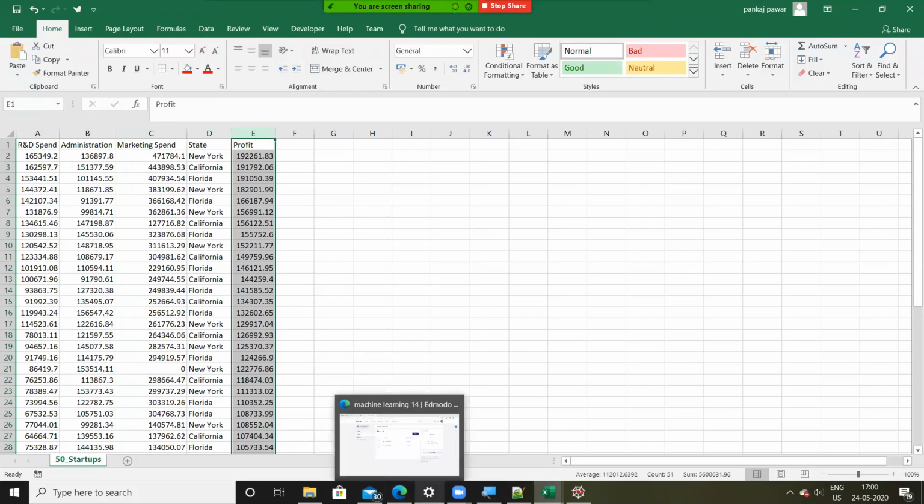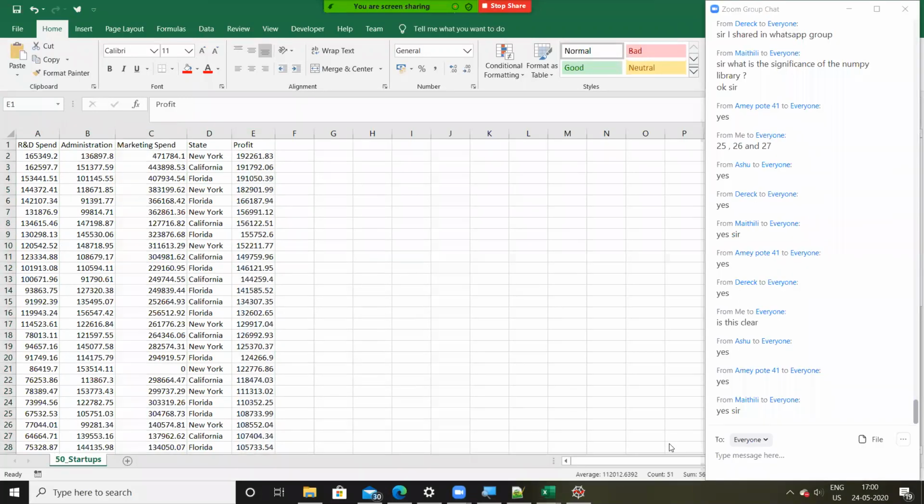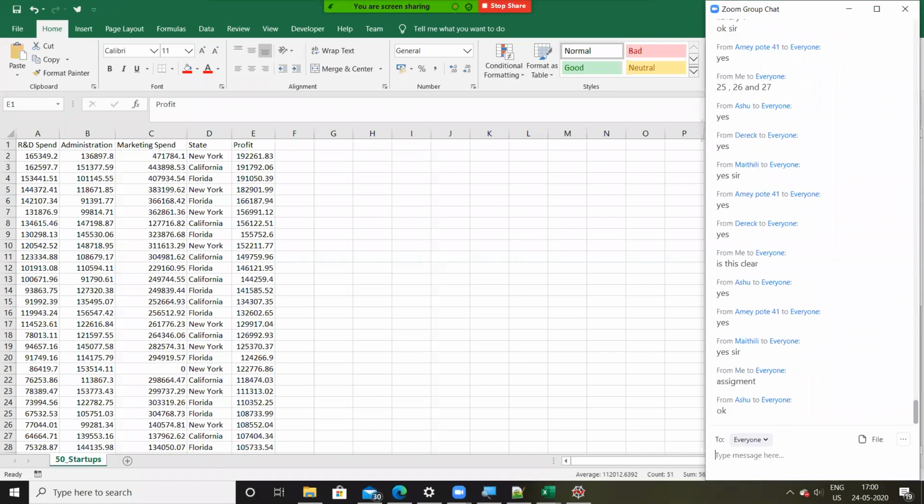Is the assignment clear, guys? You are going to perform SLR: the first assignment is between R&D and profit, the second between administration and profit, and the third between marketing and profit. And you will try to predict the profit for an input.